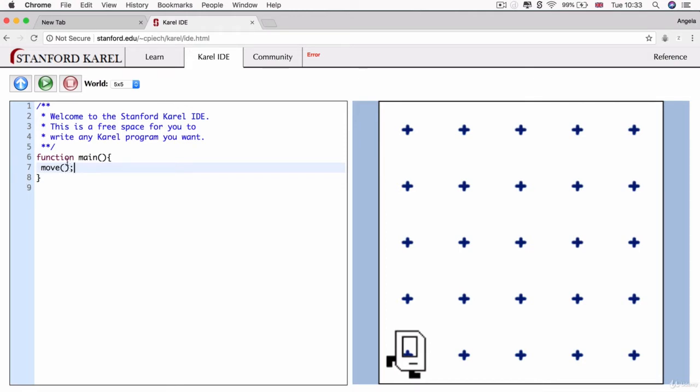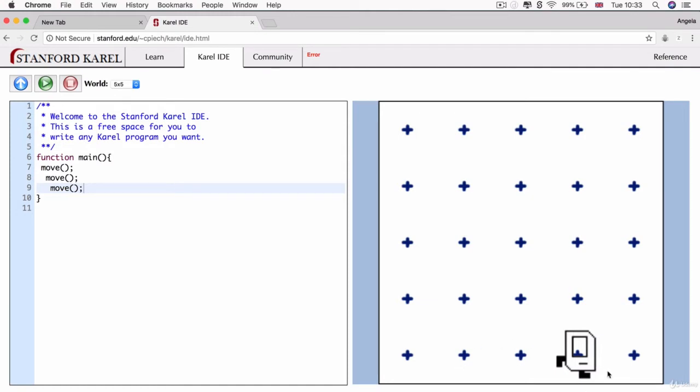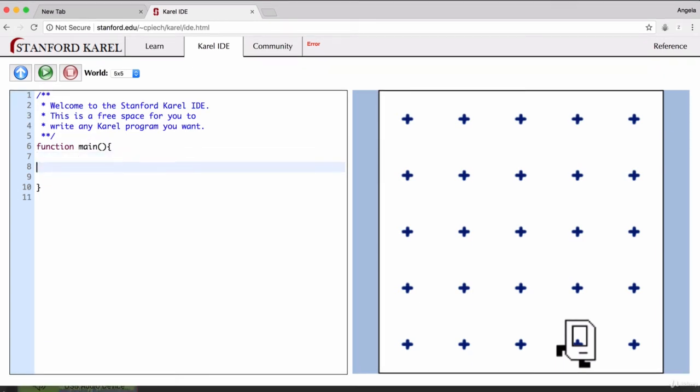So if we call the function move on Karel, you can see it moves by a single space. And we can obviously repeat this a few times. So now if we reset and we hit run, Karel will move by 3 spaces because we wrote the move command 3 times. So everything you place into this function main will get called when you hit run, but you can create more than one function. So for example, I know that I can make Karel turn left by simply writing turn left, run, and she